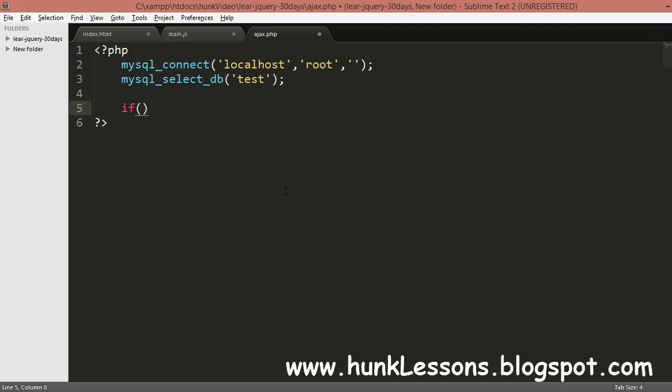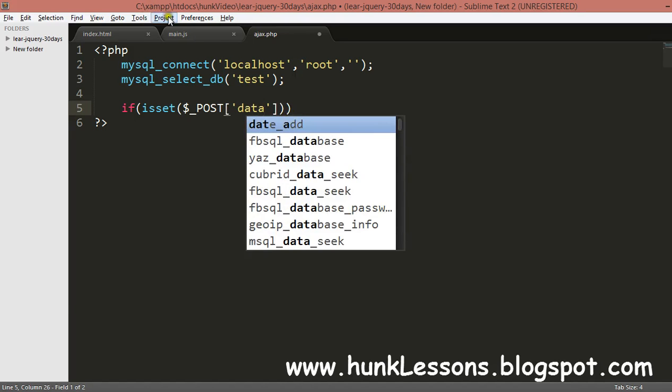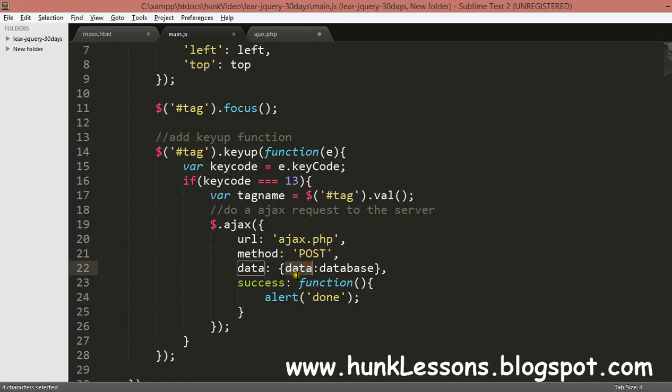If isset $_POST data. We will do data because we have called it, it should be remembered with the name data here, and the tag name here.